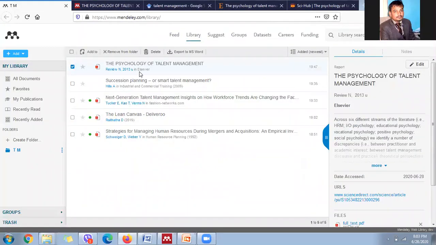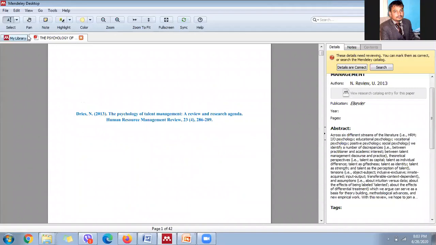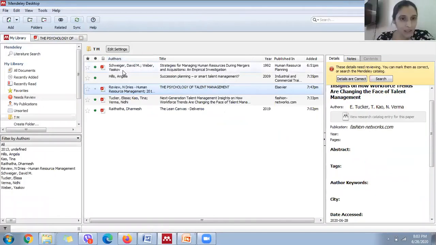The same article is there. Again, I am going to the desktop view. Please go to sync. Now has it come? It has come. Psychology of talent management.